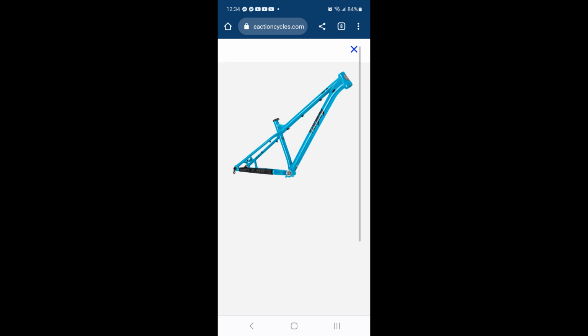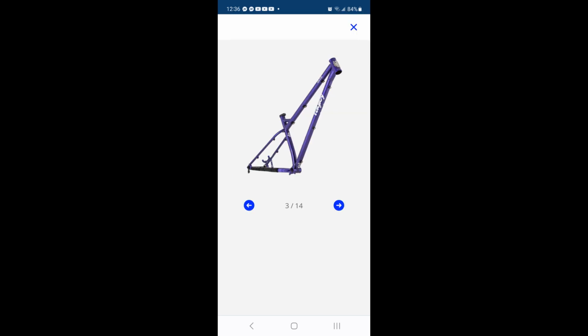But the messed up thing about the bike industry is the colors don't last very long. So if you see the color you want, even though you don't need the bike, you gotta snatch it up now, because next year when you finally get time to build it, you're not gonna get the color you want, which is a real bummer. So Big Wig is basically the same thing but in steel, but now they came in